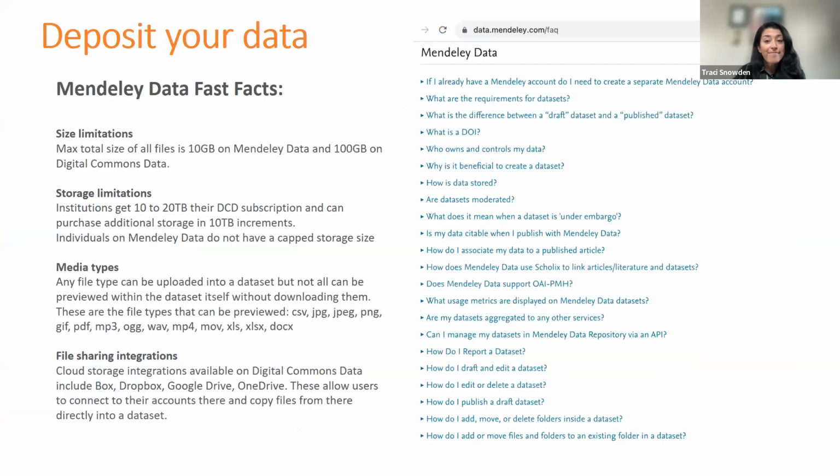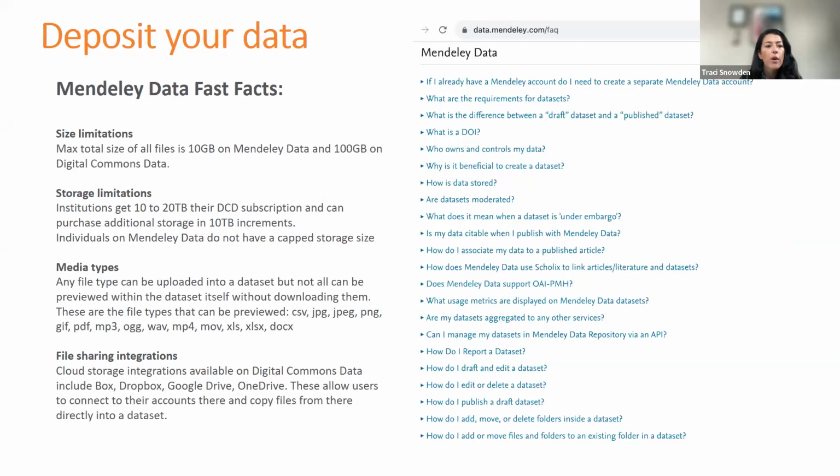All right. So next up, depositing. When it comes to depositing your data, there are definitely some basic factors that you really need to consider. We've already talked about size, storage, media types. This is an interesting one in my interactions with library workers and researchers. And Emily, I think you've said this too, that now data is coming in all different media types.